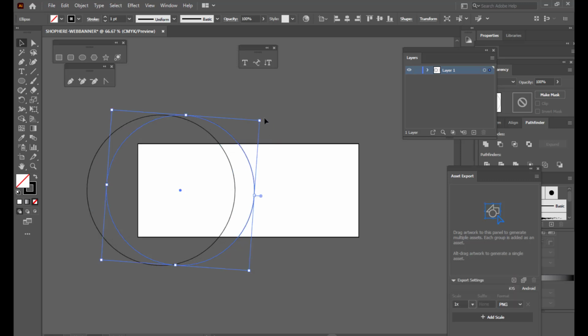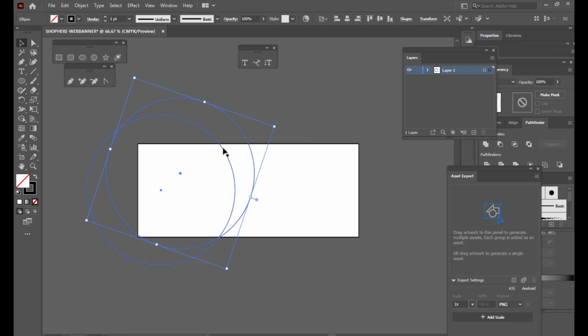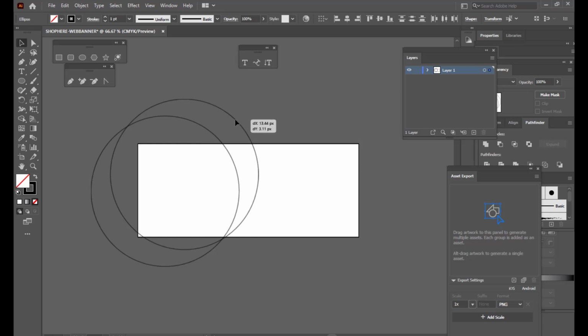So this is a duplicate of the ellipse. We can arrange it properly. We'll just arrange it like this, and move it a little bit to the center.